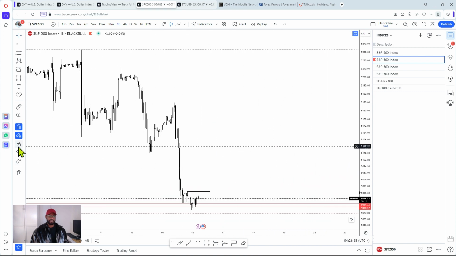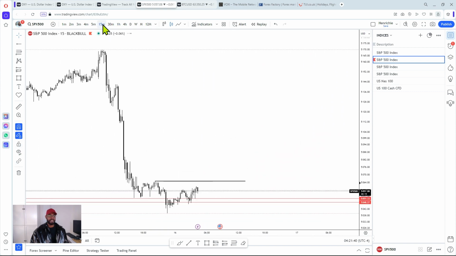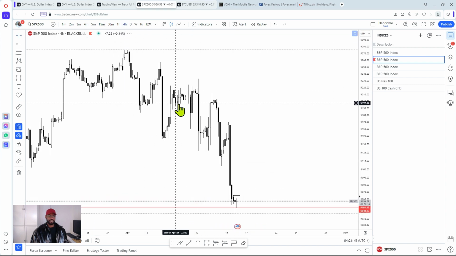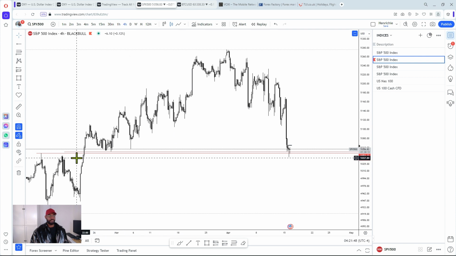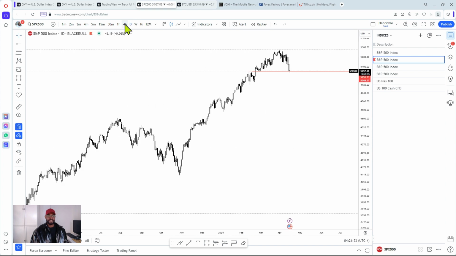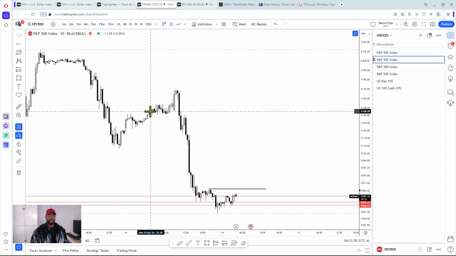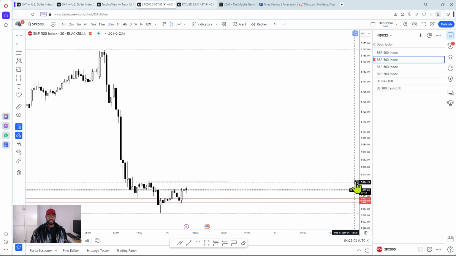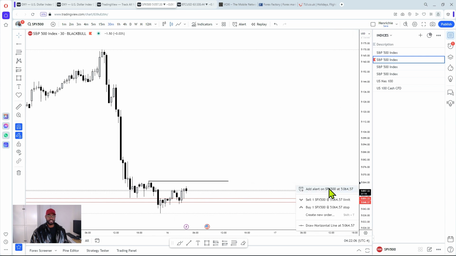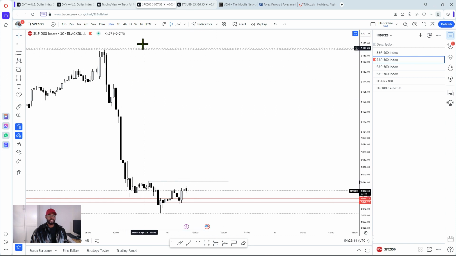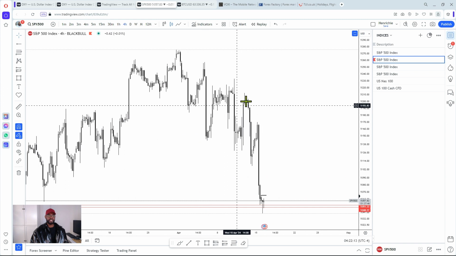So what I'm watching closely is to see whether there's going to be a 15 minutes break of structure, most likely a 15 minutes break of structure, because all my points of interest align with the bigger time frame, 4 hour, daily. So I'll prefer to look for a 15 minutes or a 30 minutes break of structure before engaging in the marketplace. And on 30 minutes time frame, you can see we'll have a high, a low. So all I want to see is a break of structure on the 30 minutes time frame. If I do confirm that, I'll be looking for a retest and then potentially take this to the upside, because I still remain bullish on